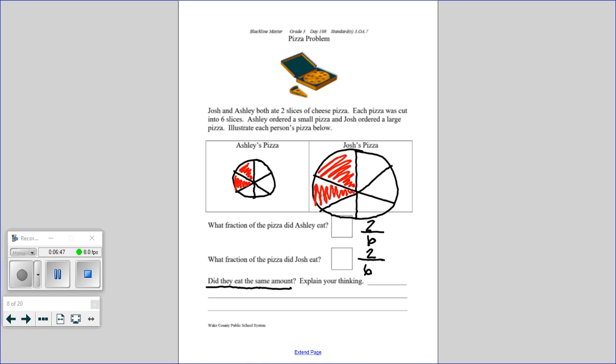So I hope by now you got some thoughts down on the paper and you were able to kind of justify what you were thinking. While I noticed they definitely had the same fraction, which might lead me to think that they ate the same amount, when I look at my model, if someone is eating a gigantic pizza, that's much more pizza than a small pizza. So no, they did not